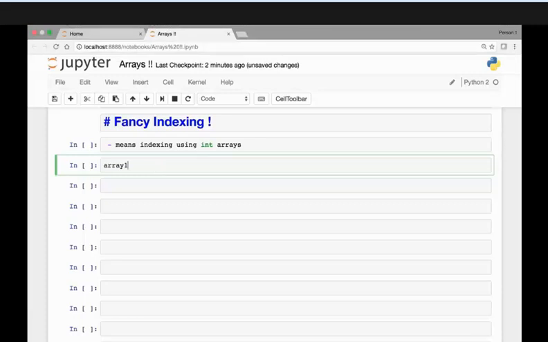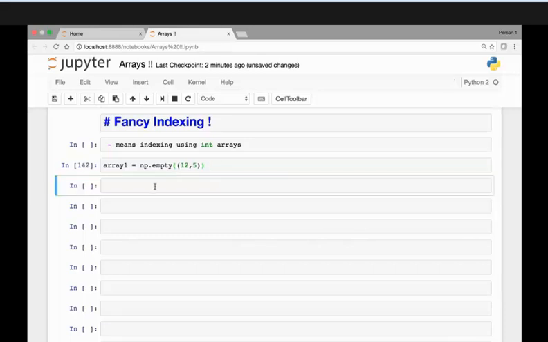So I'll save my array in a variable called array1, and we'll use NumPy's empty method to create an array. Let's create a 12 by 5 array. Okay. Now we can